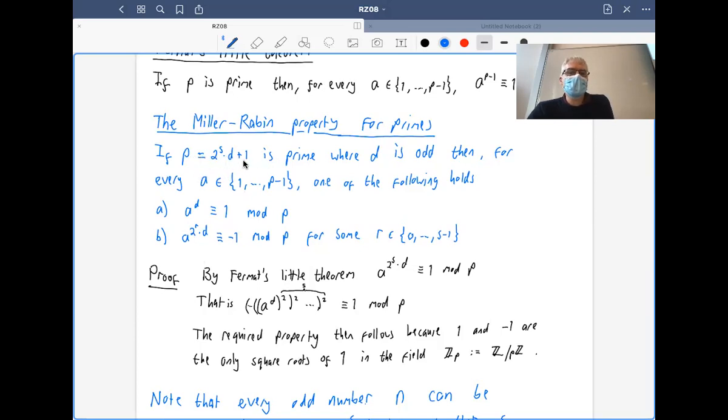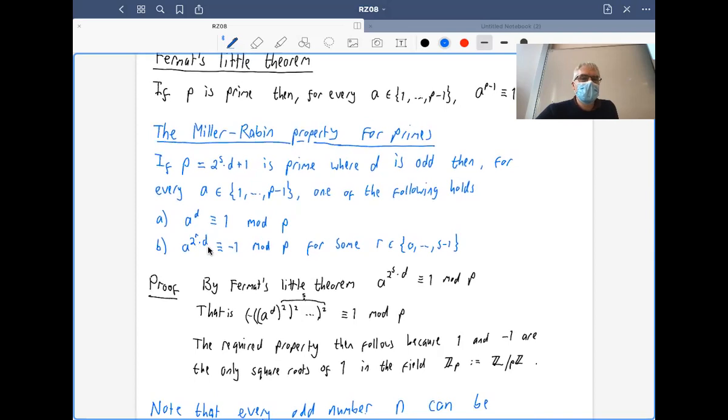Then, splitting it like this, for every a smaller than p, one of the following holds. Instead of taking a to the p minus 1, we take a to the d. So either a to the d is congruent to 1 modulo p, or for some multiple 2 to the power of r times d, this includes a to the d in the case that r equals 0, a to the 2 times d in the case that r equals 1, so for some r between 0 and s minus 1,